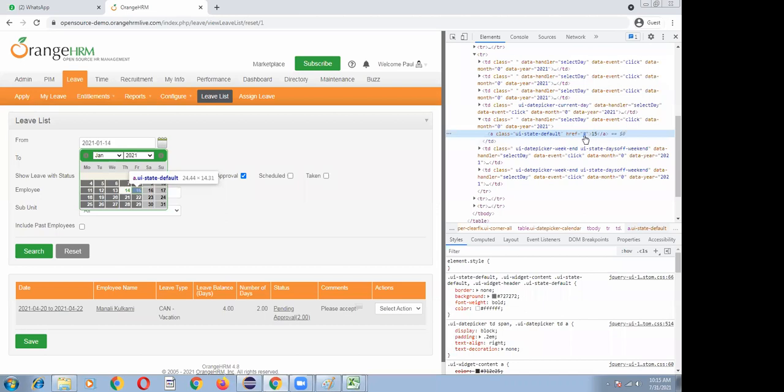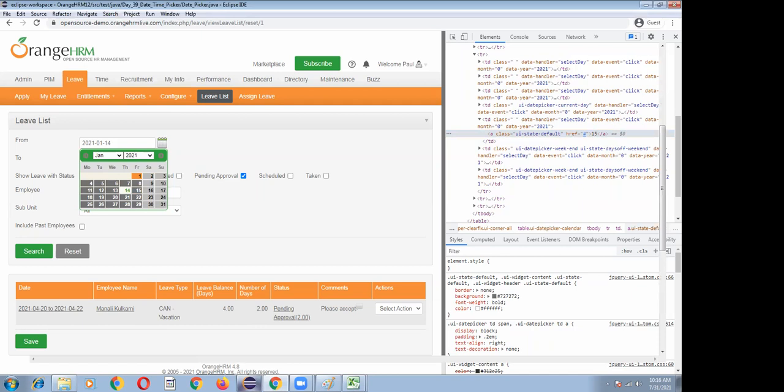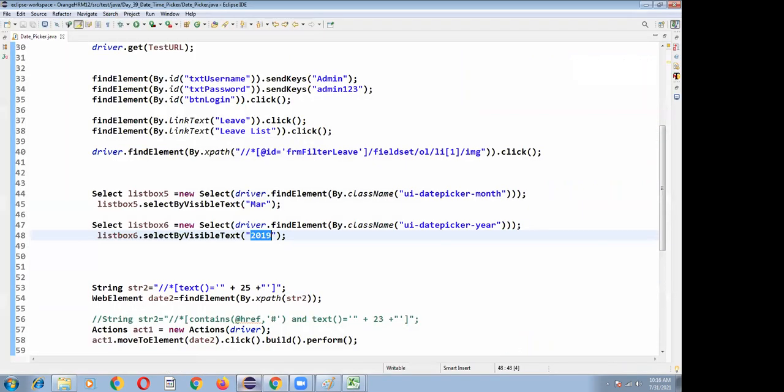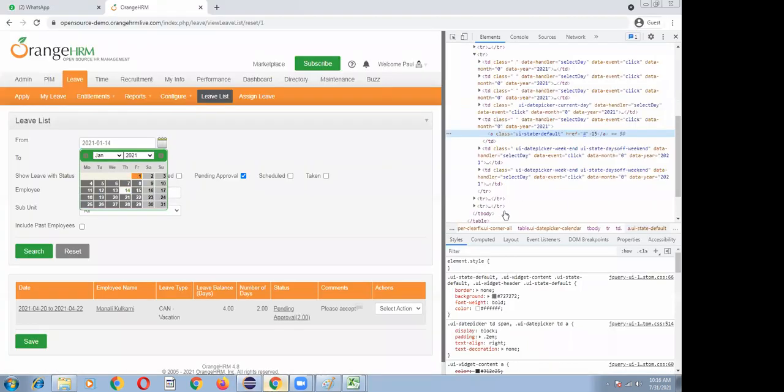So on the calendar pick list, I want to know the XPath. We can write this shortcut we already discussed in the advanced XPath. Text of is equal to 15. So this is the XPath. I have converted it into some expression format like this. So here Control F, Control V. So see here, the 15 was selected.